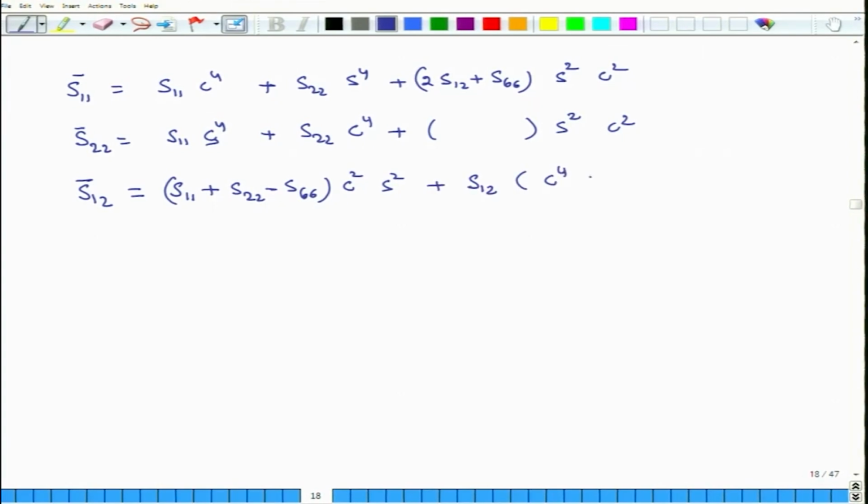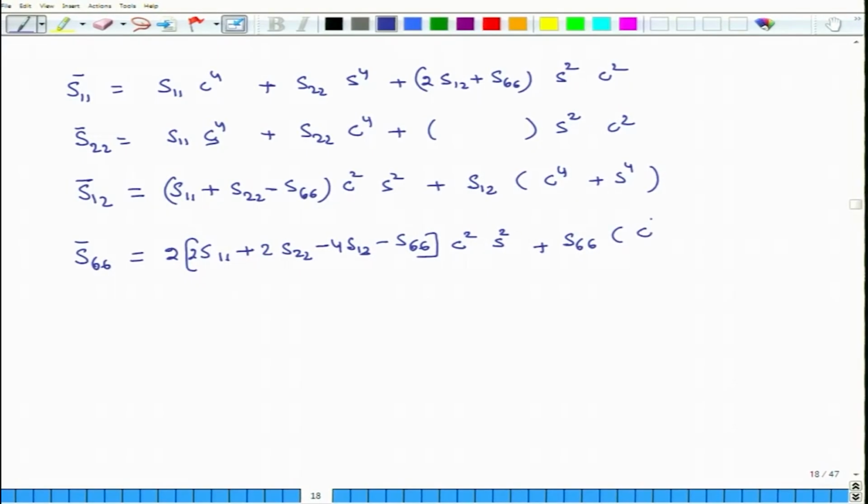S12 times (cosine to the 4th plus sine to the 4th theta). And then S66 bar equals 2 S11 plus 2 S22 minus 4 S12 minus S66. So, it is twice of (2 S11 plus 2 S22 minus 4 S12 minus S66) times cosine square theta sine square theta plus S66 times (cosine to the 4th theta plus sine to the 4th theta),